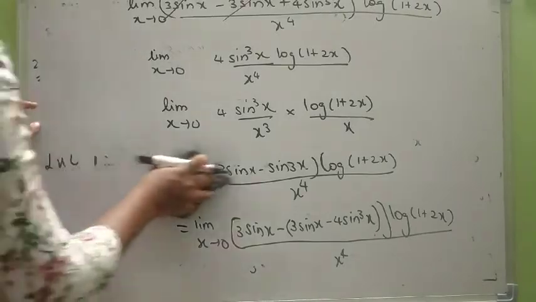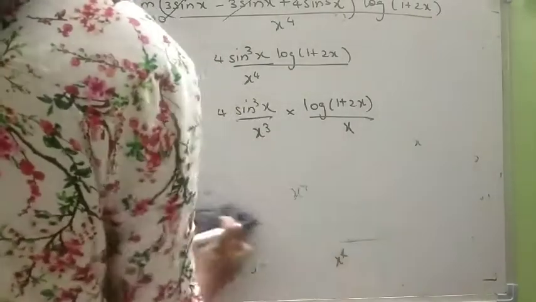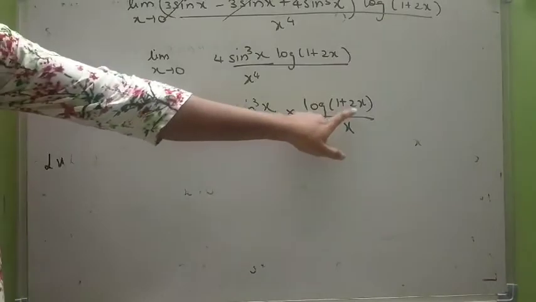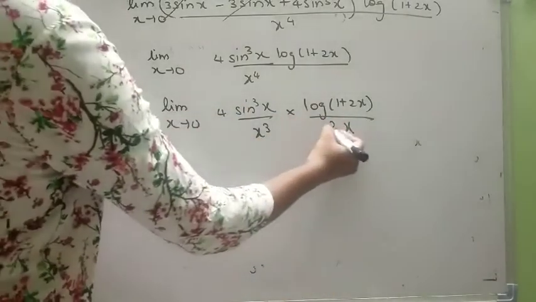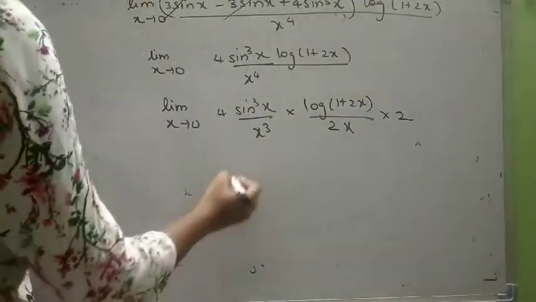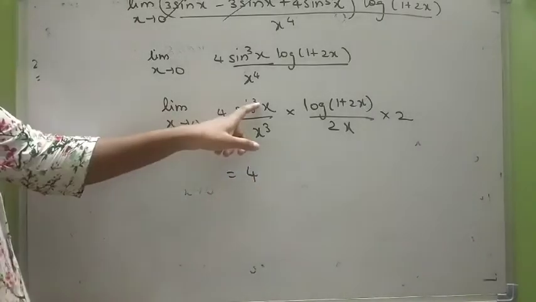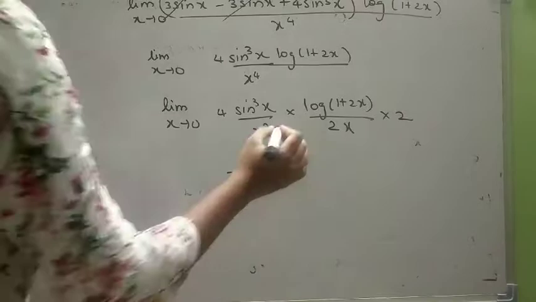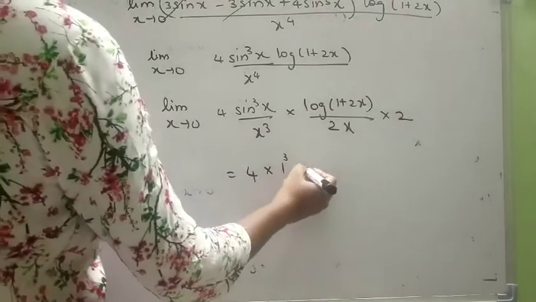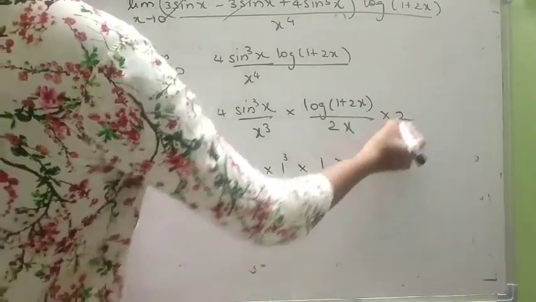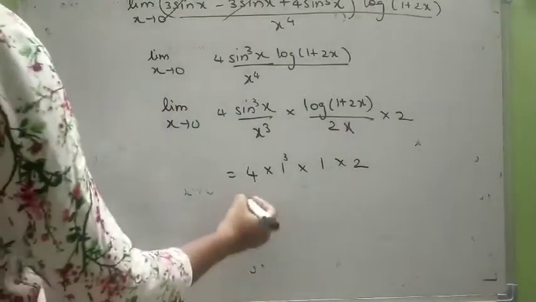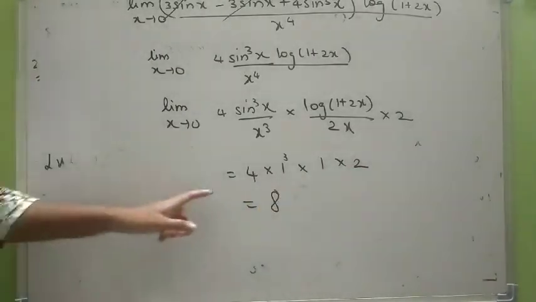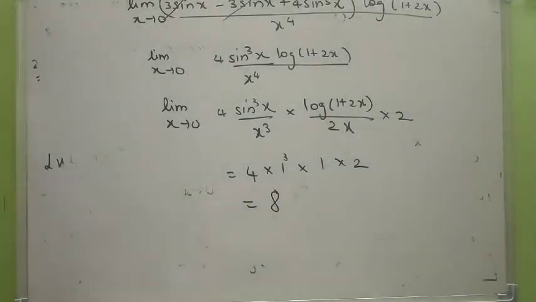Next, now what is missing here? You have to balance. So 2 is missing here. So you have to balance by 2. So what will be the answer? Cube and cube, so this will be 1, or 1 cube, it will be same. This will be 1 into the balancing part, which will be 2 cube. So your answer is 8. So your left hand limit is 8.